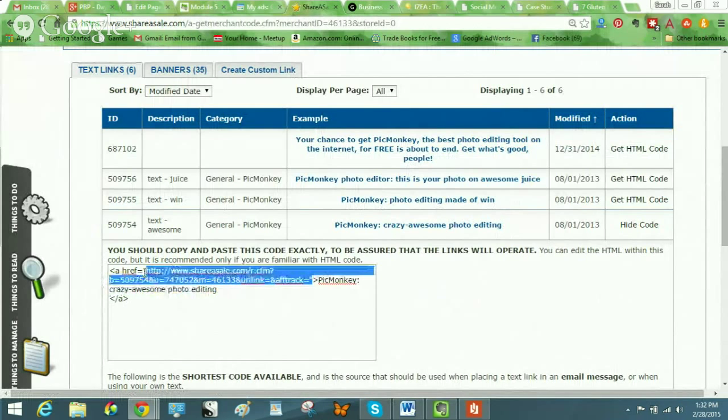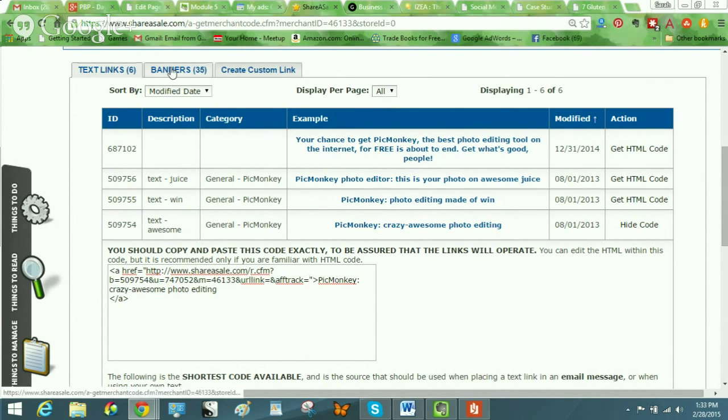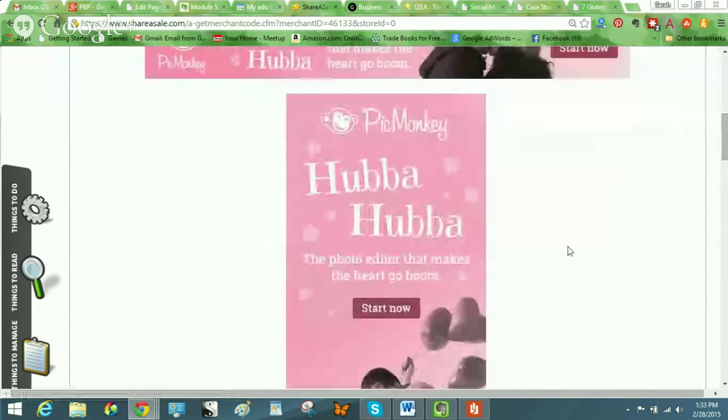Again, I do the same thing that I do for Amazon. I just pull out the code in between the quotation marks. Otherwise, it's going to say PicMonkey crazy awesome photo editing. This part in between the carets is the term it's going to say. But if you want, those are just text links. So if I just have the word PicMonkey, then I just want to take my affiliate link out of it. But I can also click on banners, and I can find a banner if I want a great big giant one,